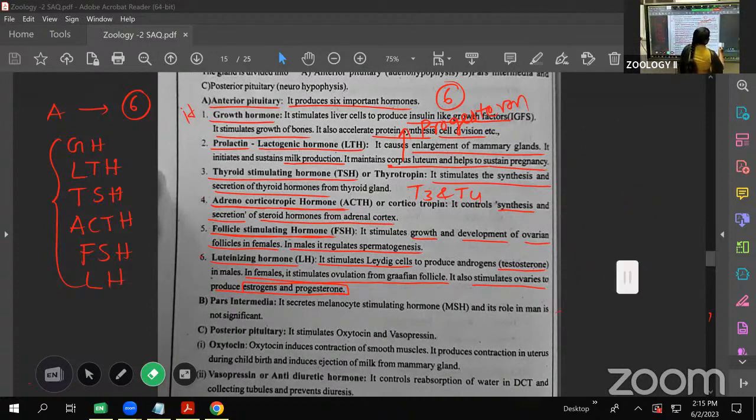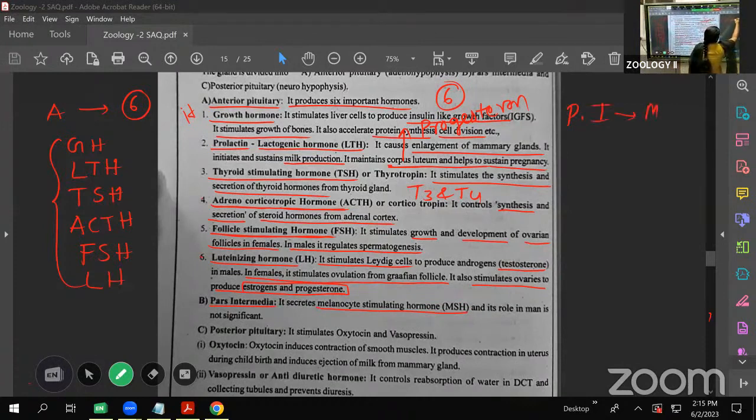Pars intermedia and neurohypophysis. The upper lobe is called the adenohypophysis, which we finished. Next is the middle one, which we discuss first, called the pars intermedia. The middle lobe is called the pars intermedia. It secretes only one hormone, called MSH. The pars intermedia, the middle lobe, secretes one hormone called